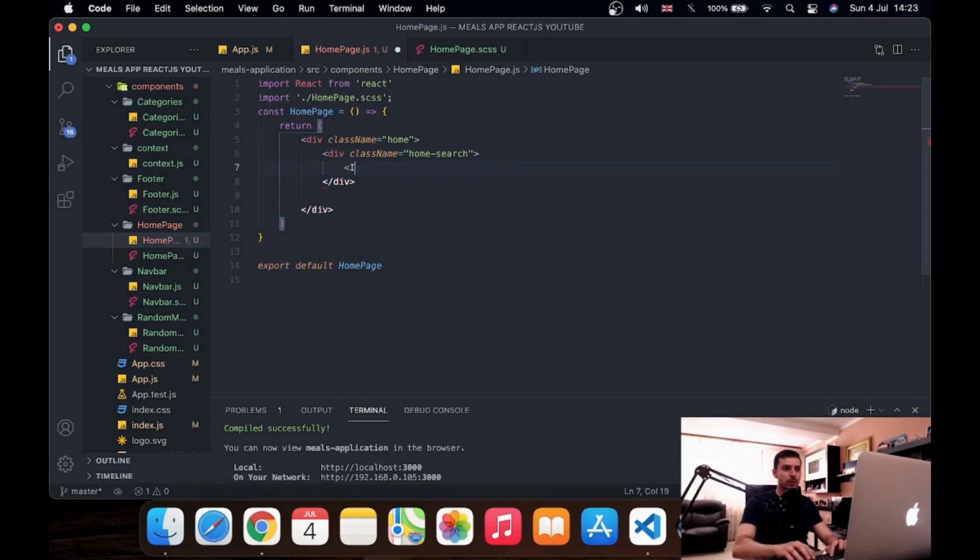So input, type is going to be text. All right. Placeholder for this input will be type meal